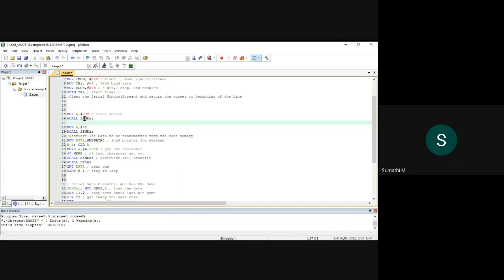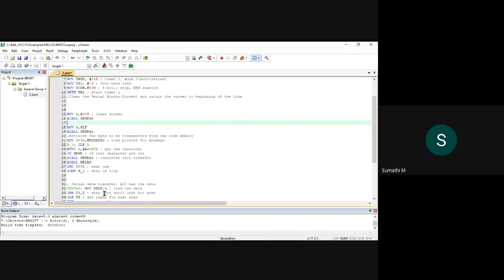Now I have cleared the screen. Now the cursor has to come to the initial point, isn't it? Next, I select line feed, LF. ACALL SEND_SR. Again, line feed is some data. I am sending it to the accumulator, and that data has to be sent to the SBUF register. So I store the value in SBUF, and SBUF will do all the action. It will send serially. The timer starts, it reaches its maximum value, and I clear TF1. So that part you understood? This part you understood? SBUF?